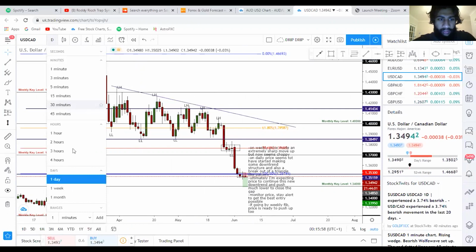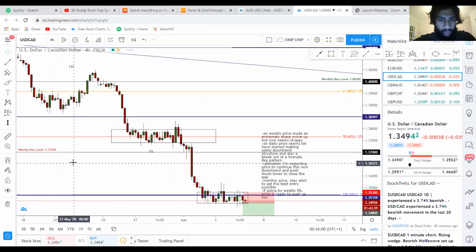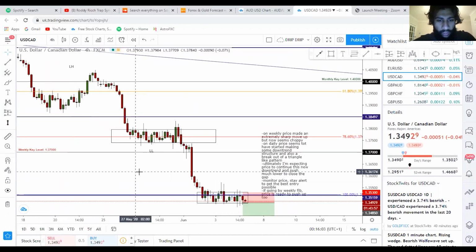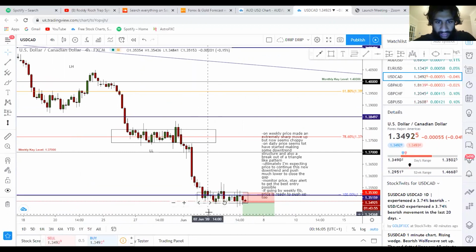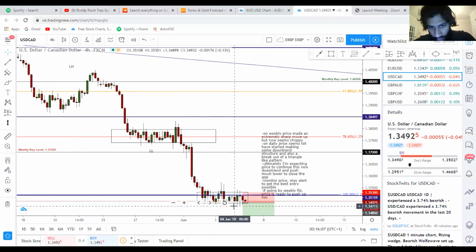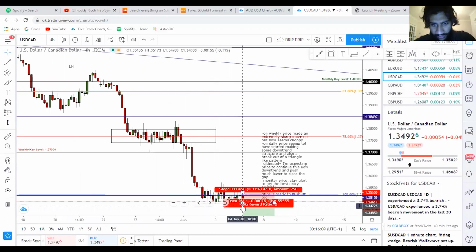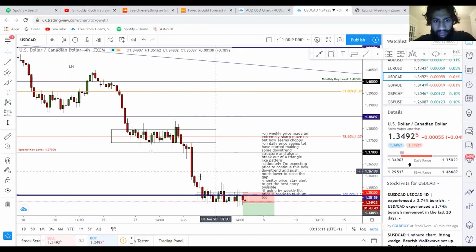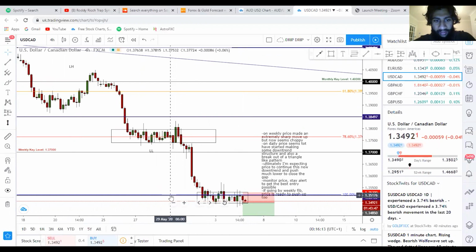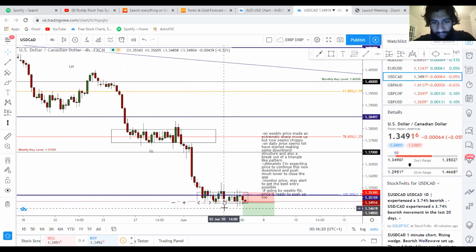That's one reason that I think it will be continuing to go further down. If you go on the 4 hour, the hourly time frames, we can see price has been ranging for a little while. So what I've done is placed, going along with the fact that it has broken the support, retested it on the daily, in the range box, I've placed